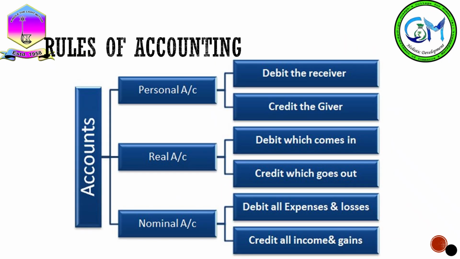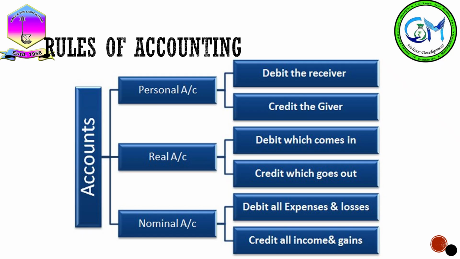Now we are going to discuss the rules of accounting. Accounting is governed by a set of rules that dictate how financial transactions should be recorded and reported. These rules ensure consistency, accuracy, and reliability in financial reporting. The primary rules of accounting are